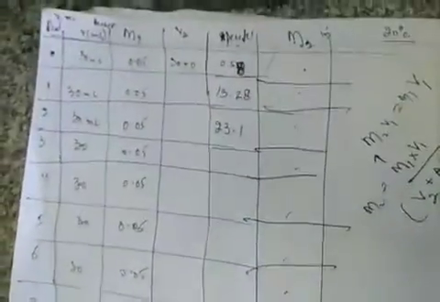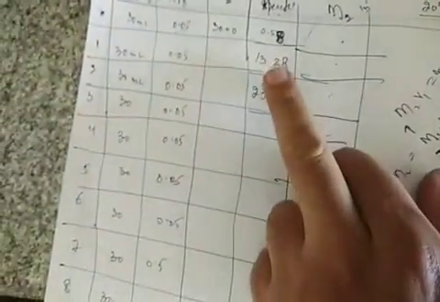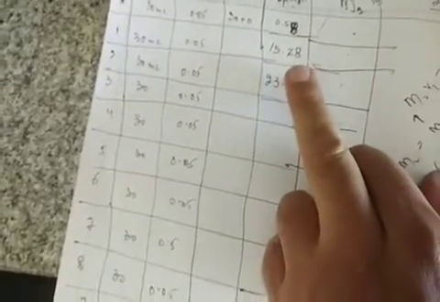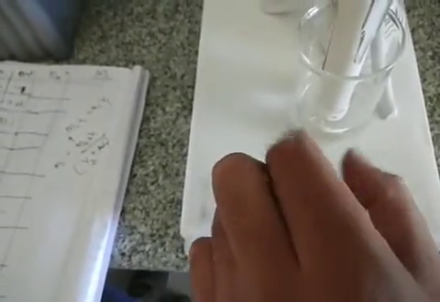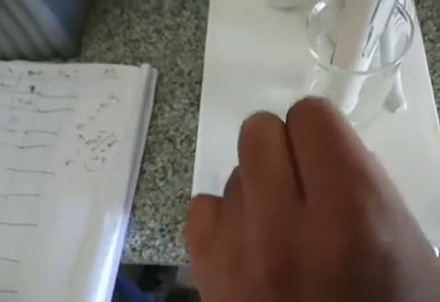Now go to our table: 23.1. You can see our reading is increasing. Why is it increasing? Because we are adding the surfactant into the distilled water, and the surfactant has charged parts, a cationic and an anionic part. When the ions go into the solution, the conductivity increases because the concentration of surfactant is increasing. So we'll continue our experiment and move to the third. We'll add 1 more ml.